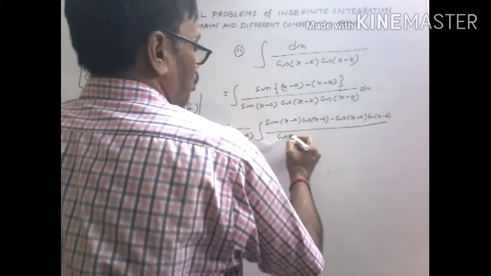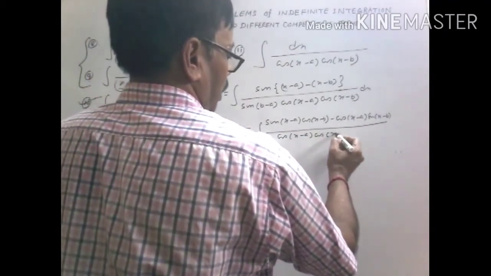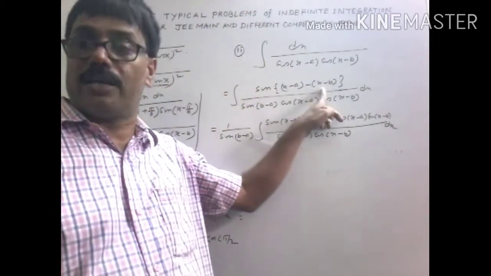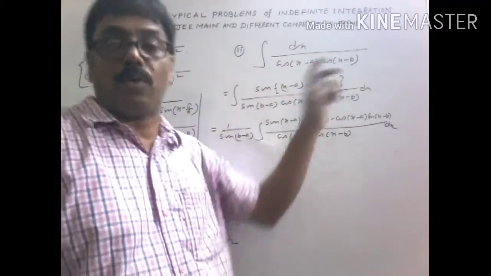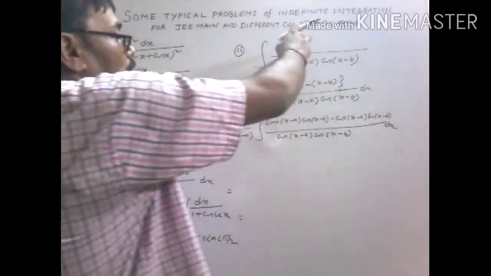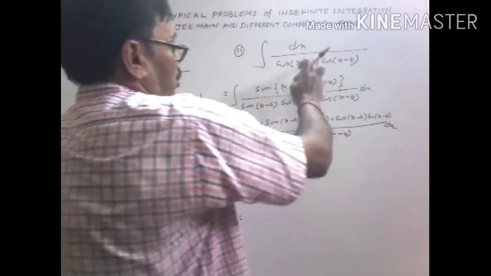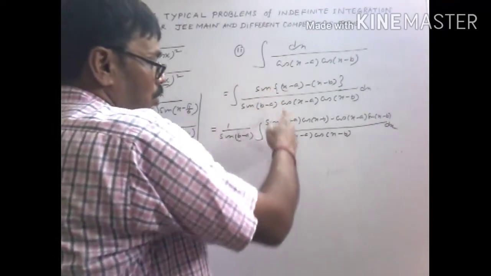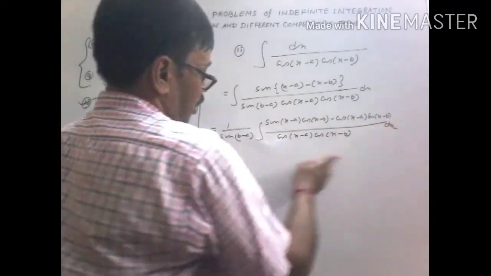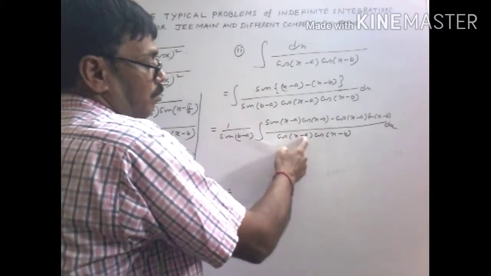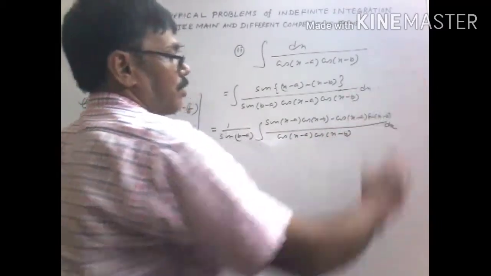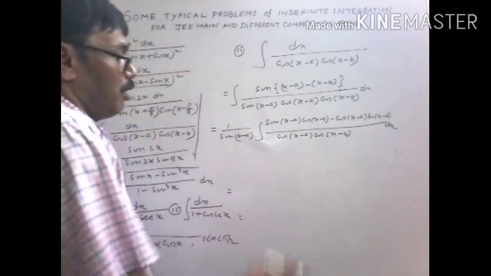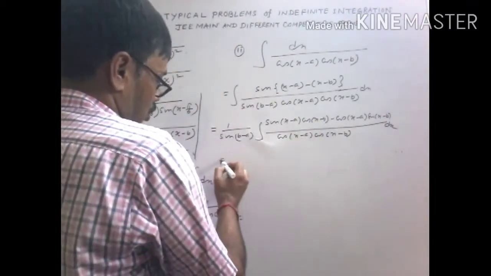by cos(x minus a) cos(x minus b). So you may ask me why we are taking it as a difference of sine, although it is a problem in terms of cos. In case of a problem involving sin and cos, we write this step, because if we write it in terms of cos, then the formula will be cos a cos b minus sin a sin b. So one term will be 1, but this will be a product of tan(x minus a) into tan(x minus b). So not easy to integrate, but here we are getting one term cancelled out.